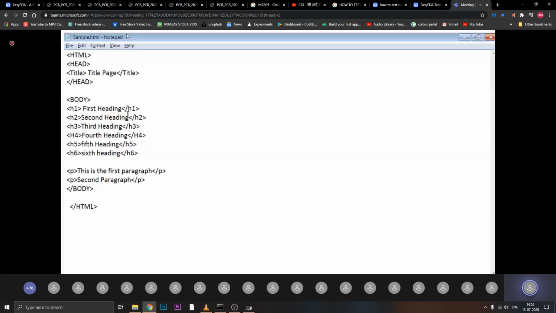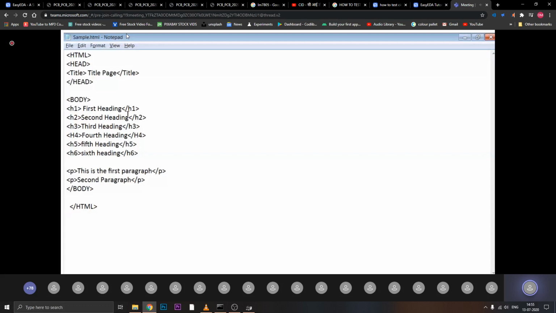Because if you have forgotten and your web page is increasing, then after facing some errors you are unable to find where that tag is open and where you forgot to keep the end tag. So always add the start tag and end tag at that time only and always close it. For small problems you will not face any error. So this is about the heading.